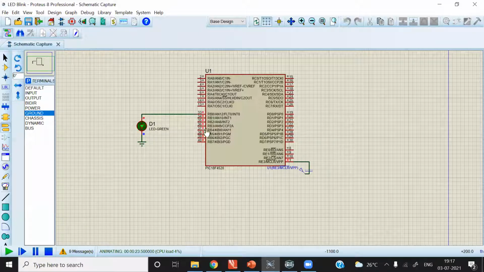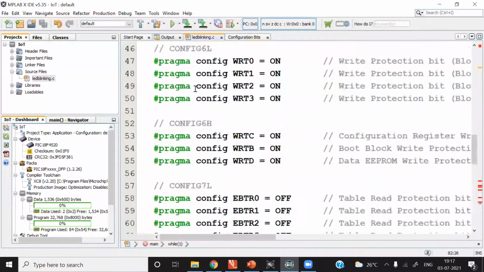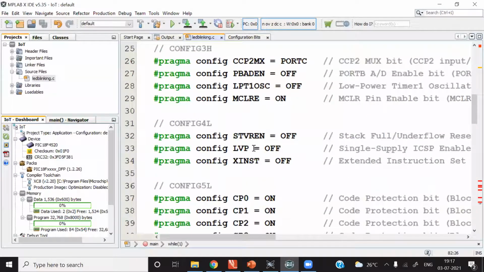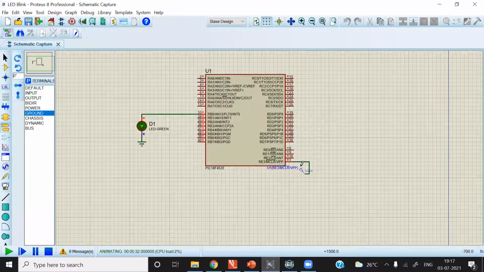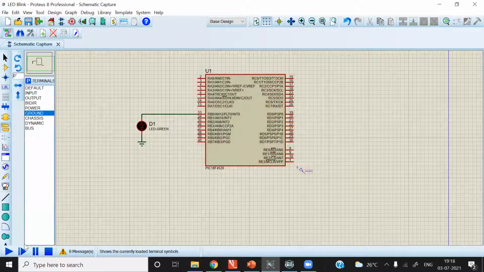One more thing I would like to share is that whenever you set MCLR on in the program file, you must connect an external 5 volt to this pin, else your simulation will not run. Let me show you that also. I will disconnect it and run it again.